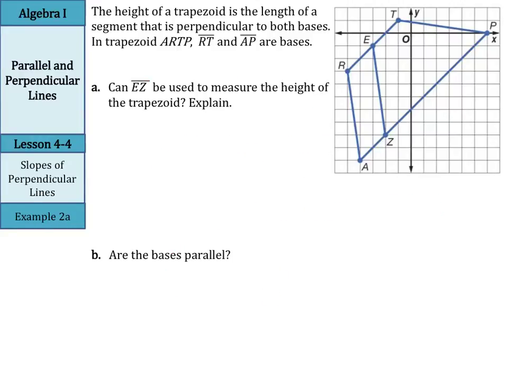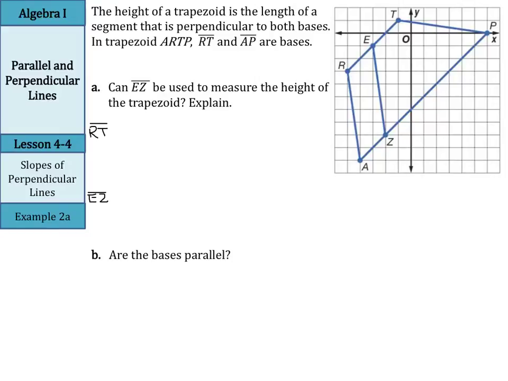The height of a trapezoid is the length of a segment that is perpendicular to both bases. In trapezoid ARTP, segment RT and segment AP are the bases. And we're being asked, can EZ be used to measure the height of the trapezoid? Well, if it could, that means it would need to be perpendicular to both the bases. So what we're going to do now is calculate the slopes of RT and EZ. Because if the slopes are opposite reciprocals,